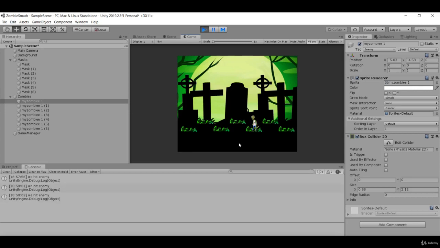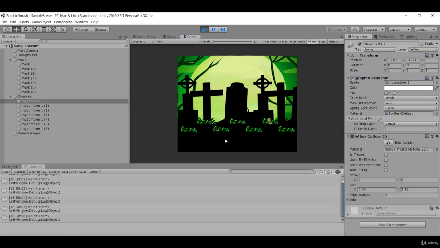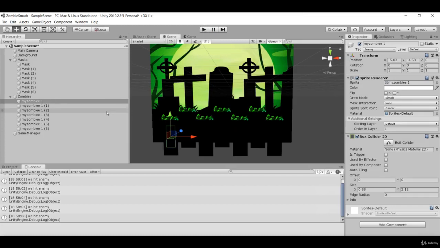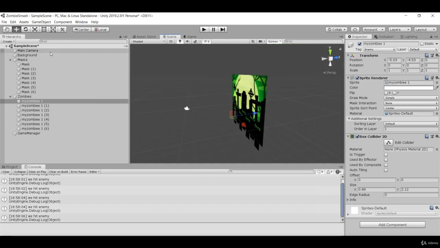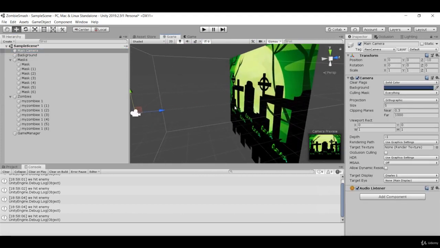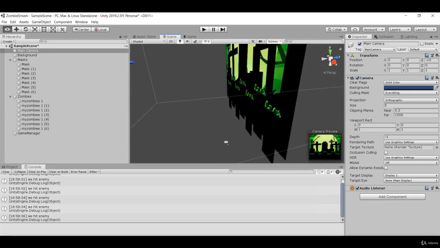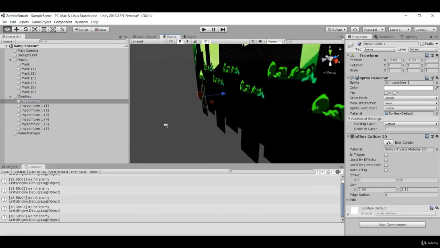So if I keep clicking here, notice how it still seems to be detecting hits over here. What's going on? The situation is that we're shooting a raycast into the world. I'm going to switch over to 3D view to try and explain this. We have our camera, and we're shooting a raycast from our camera into these game objects. But the problem is that even though these game objects, let's say this zombie here,